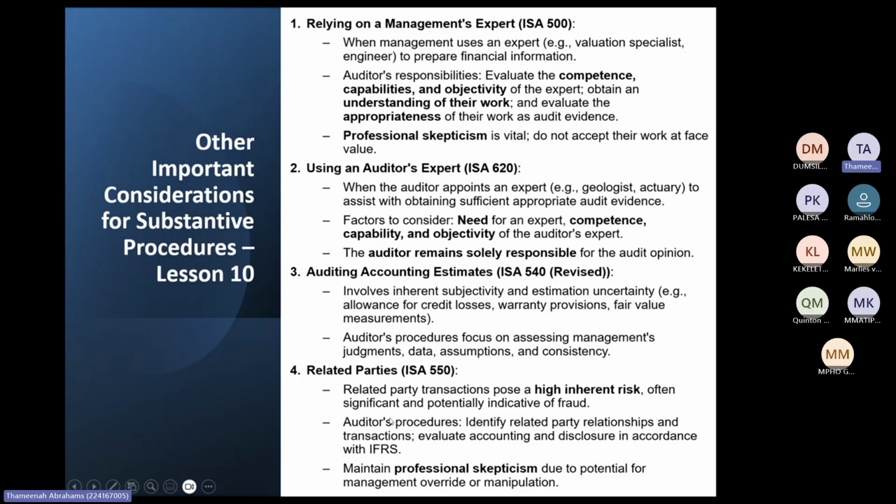So it's important for us to understand related parties, because what is the risk here for related parties? The risk is that they might not sell at market value. They call it at arm's length. So as an auditor, we need to identify all the related parties that this company has. And when we look at transactions and balances with related parties, we must ensure that it is at arm's length.